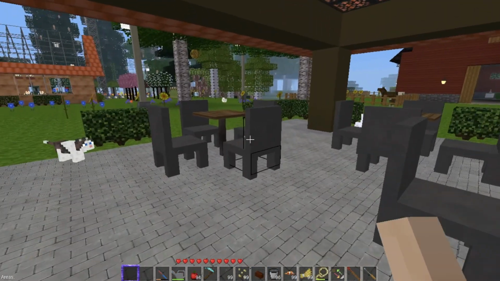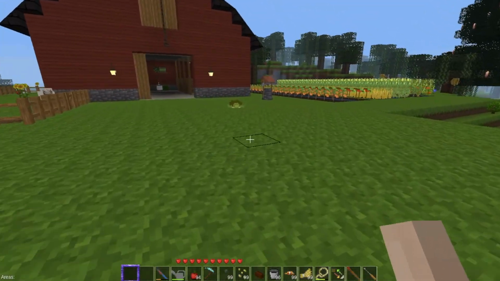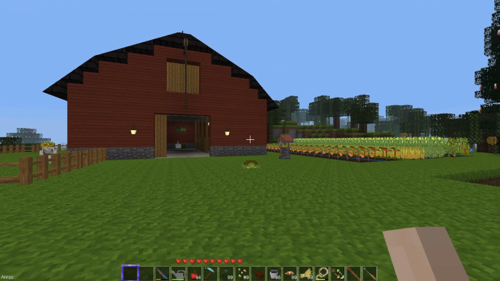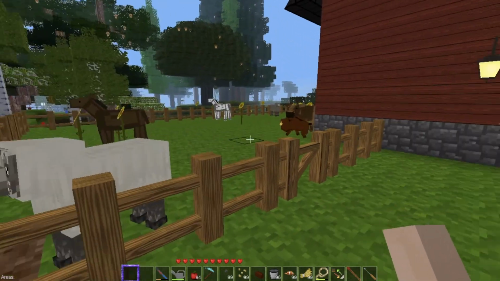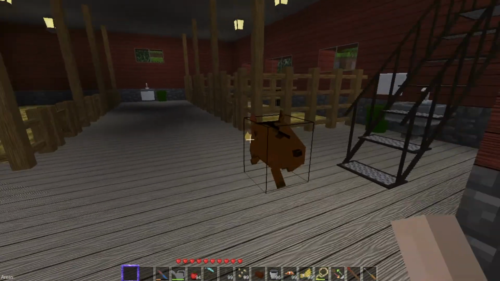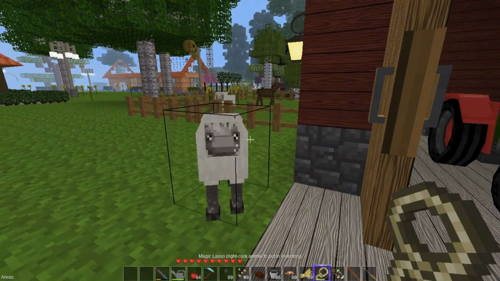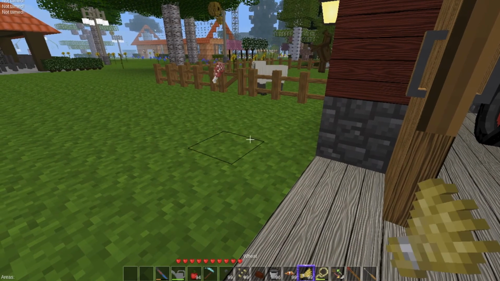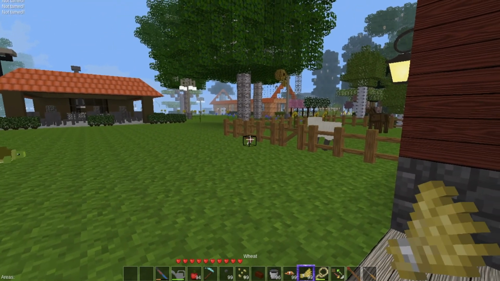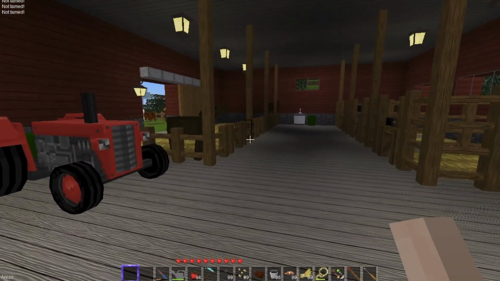It worked out really nice. So now let's go to the barn, because look at that. It is finished. The barn is finished. We have all our animals. Now we'll see if this is, no, he's not tamed. I didn't mean to do that. I wanted to tame him to put him into,